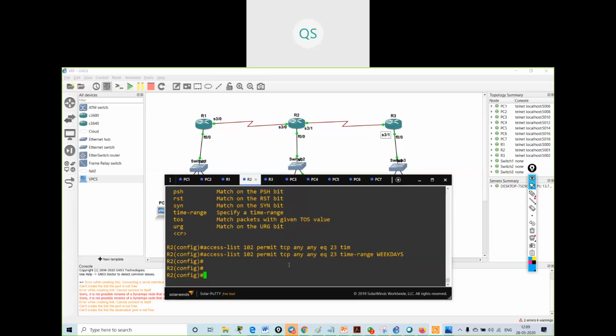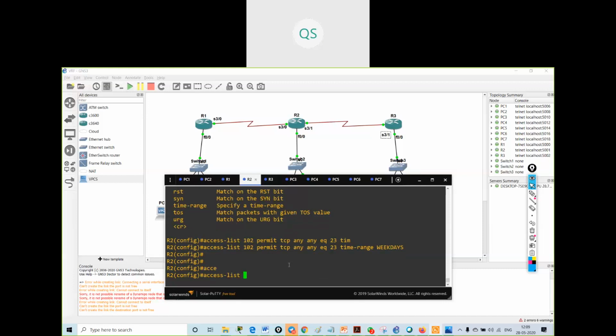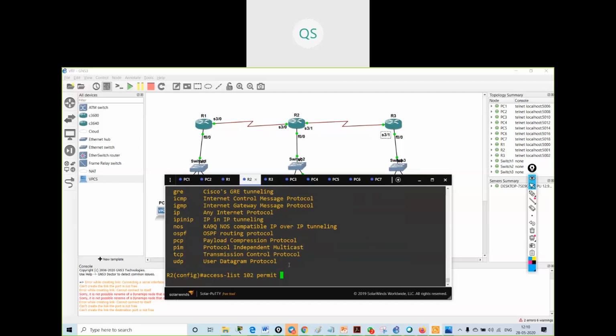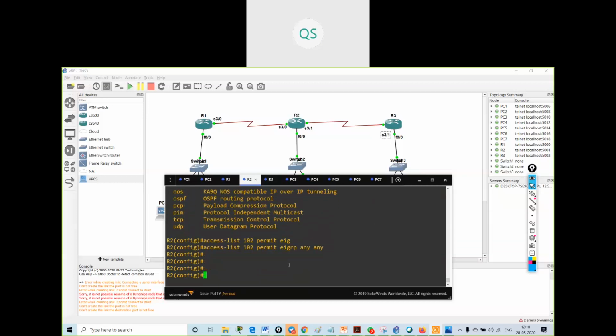And I will say access list 102 permit EIGRP any any. It will permit the EIGRP packets also.